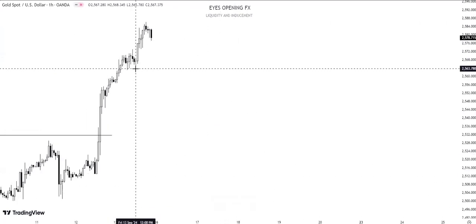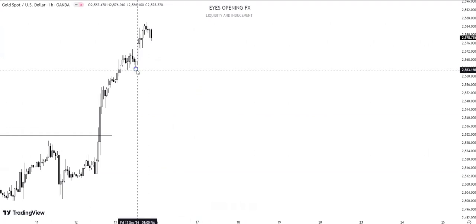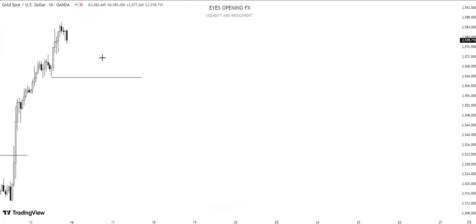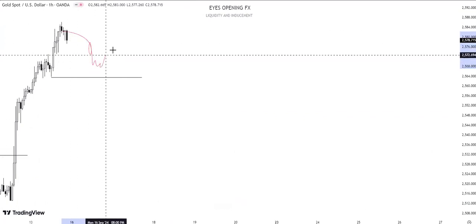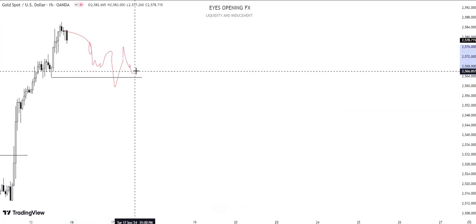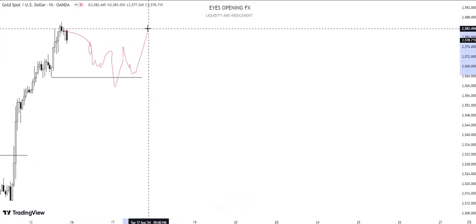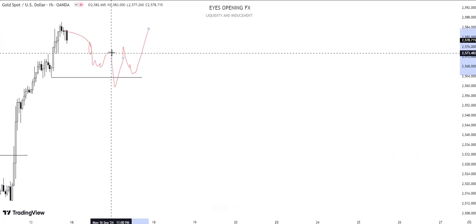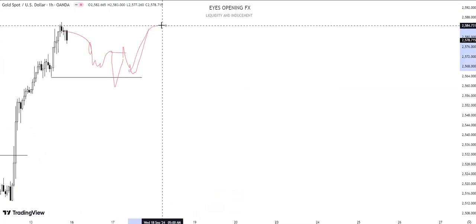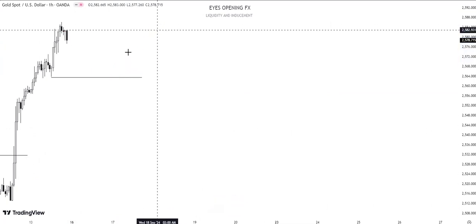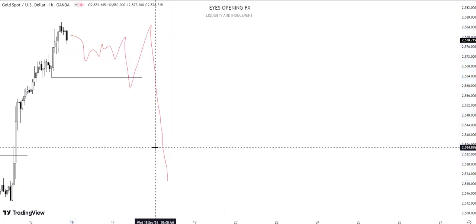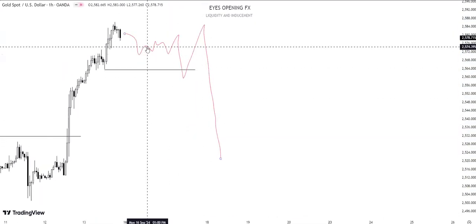So if the market breaks this low, depending on how the market breaks it, I will update on my Telegram channel. If the market breaks it without a clear reason for us to buy, or a sharp momentum to the downside, breaking structure against it. If the market does something like a sharp movement to the downside and breaks structure to the upside like this, we expect the market to reach a higher high. But if the market did not do something like that, we can expect gold to be bearish to the downside. So we expect gold to be bearish.